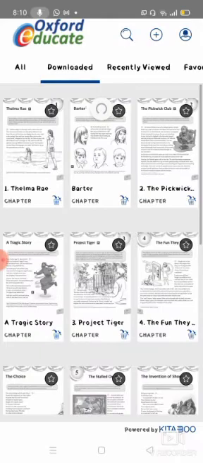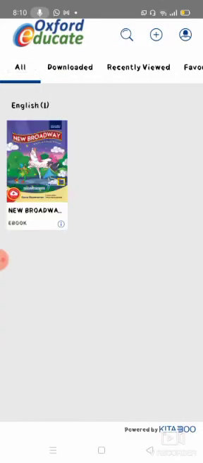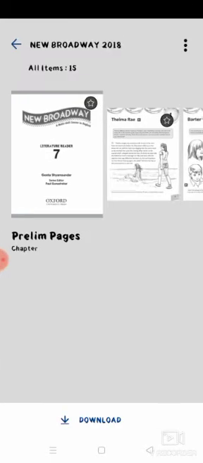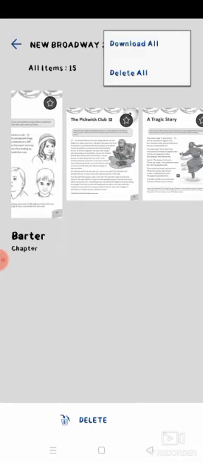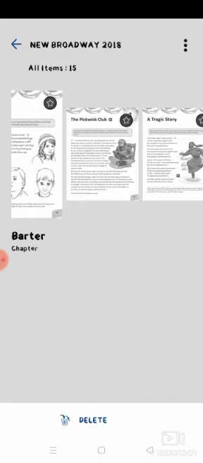I have downloaded all of them. Here's my book. I have just not downloaded these primary pages. Then I have downloaded these all. If you want to download the whole book, we can just click on download all, or if we want to delete all, we can click on delete all.